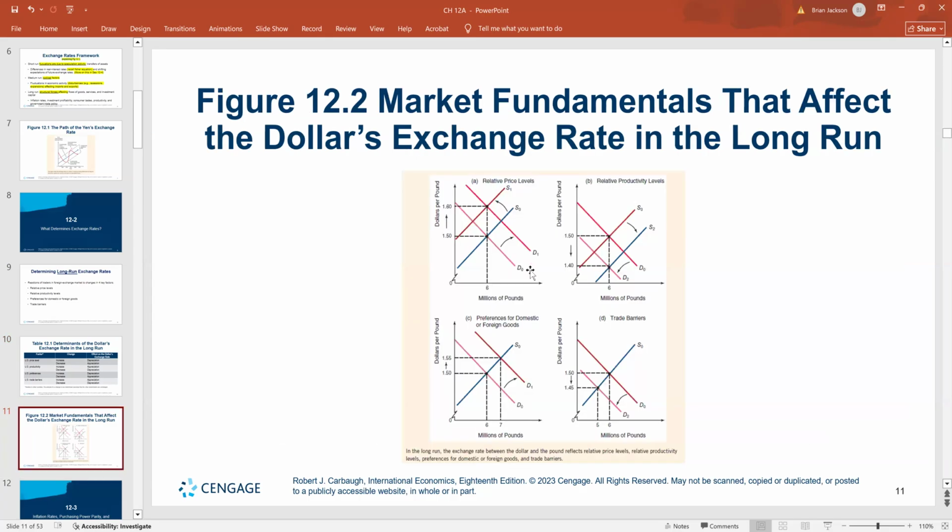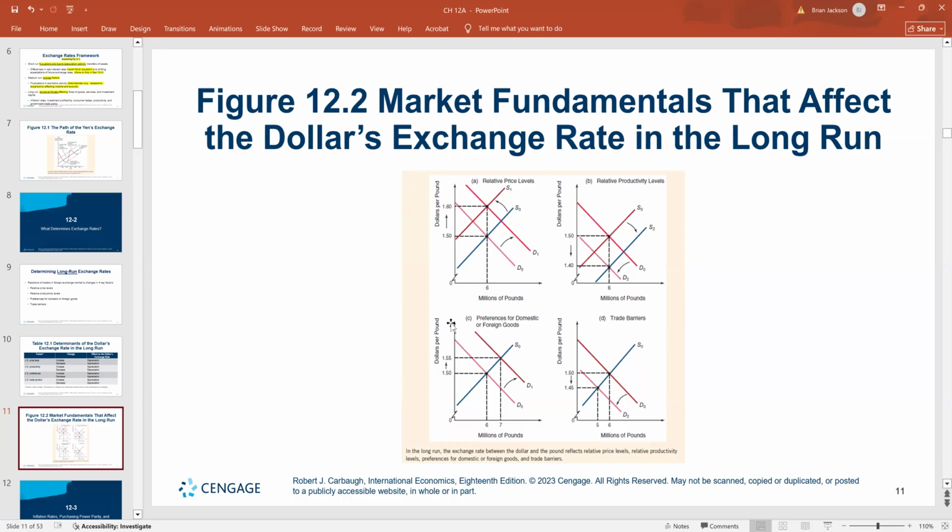And I think here we're talking about the market for pounds. You'll see on the horizontal axis in each one of these, we're measuring the quantity of British pounds. And so we're pricing the pounds on the vertical axis in dollars per pound. So this is the price of the pound. That's the exchange rate. For a British citizen, that would be an indirect exchange rate. So you have four graphs here,